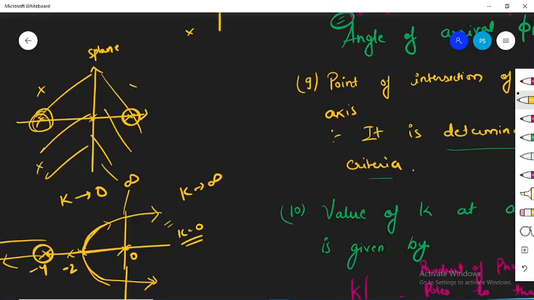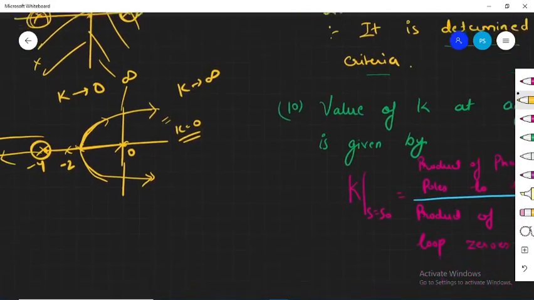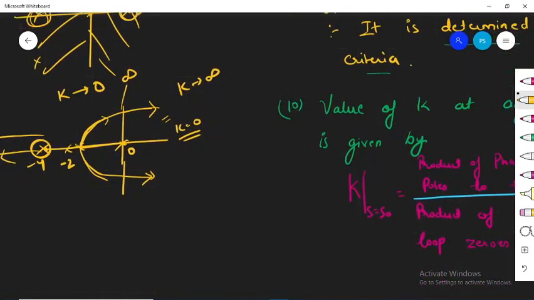Thus it will be very crucial for us to know what was the value of k. k की कौन सी वैल्यू थी जिसके बाद आपका सिस्टम अनस्टेबल हो गया. Okay, what was the value of k after which the poles went to the right hand side of the S plane, which means that we want to know the value of k when the root locus is cutting this imaginary axis. ये किस point पे cut कर रहा है, and this can be found out using Routh-Hurwitz criteria. But how Routh-Hurwitz criteria is going to help us in this, let us see.